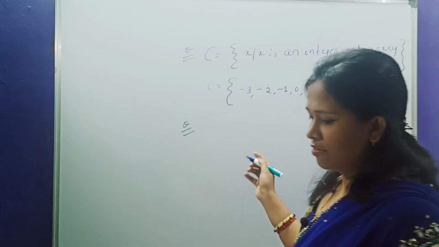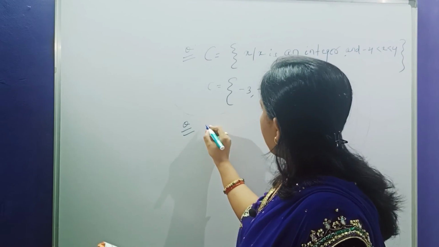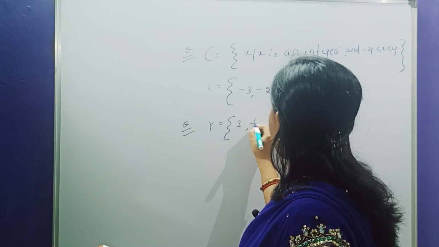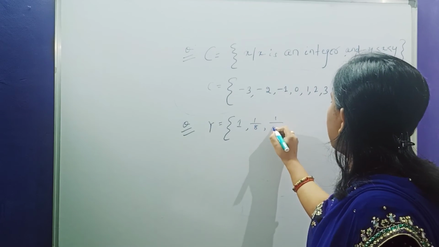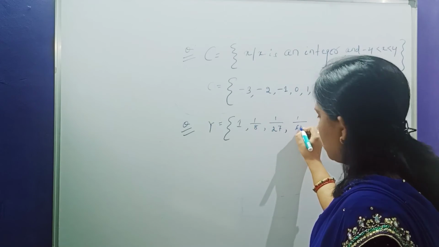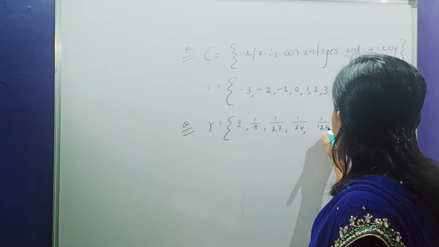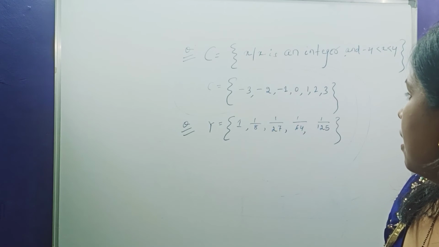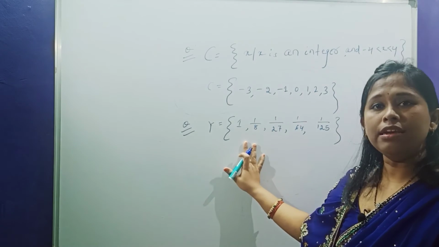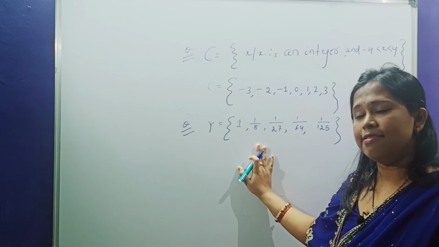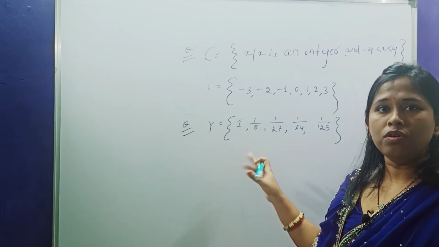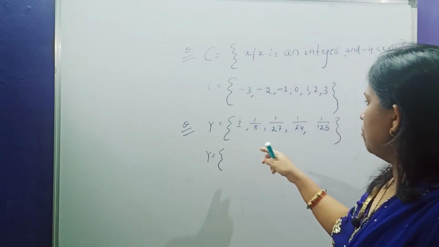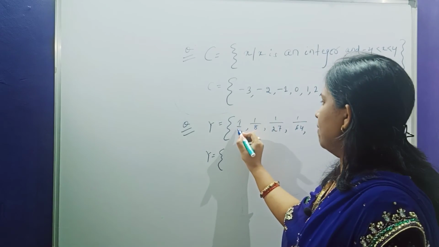Suppose I am writing the set Y, where the elements are given: 1, 1 by 8, 1 by 27, 1 by 64 and 1 by 125. So now you just write down. This is in the form of listing method. We have to convert this set to set builder. Okay, let's convert. So you see this 1, you can write in place of 1,